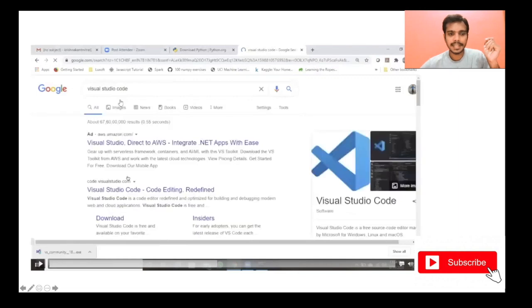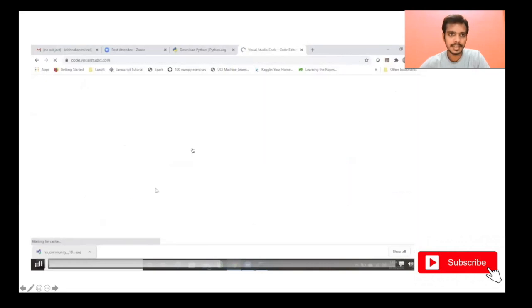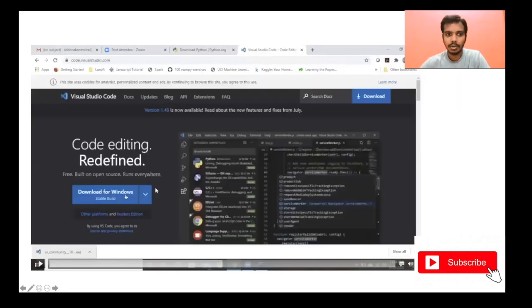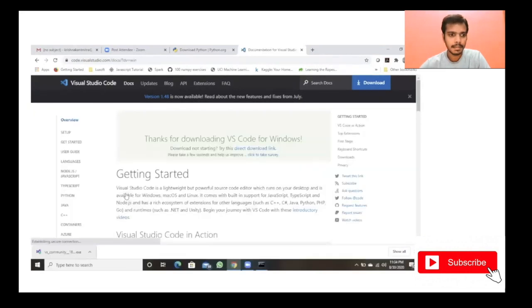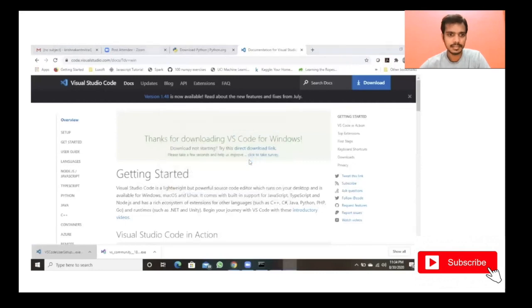Now let's move ahead. The next thing is to install an editor, I told you, right? So we will install Visual Studio Code. There is a difference between Visual Studio and Visual Studio Code. Type Visual Studio Code in your search bar. It will show you Visual Studio Code. Click on this link. It will tell you download for Windows or Mac. For a Mac, it will say download for Mac. For Windows, it will say download for Windows. Now click on download for Windows. Or if you're on Linux, you can do this too. I think Visual Studio Code is available on Linux also.